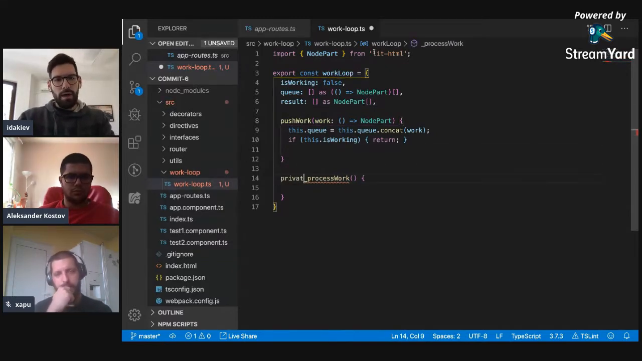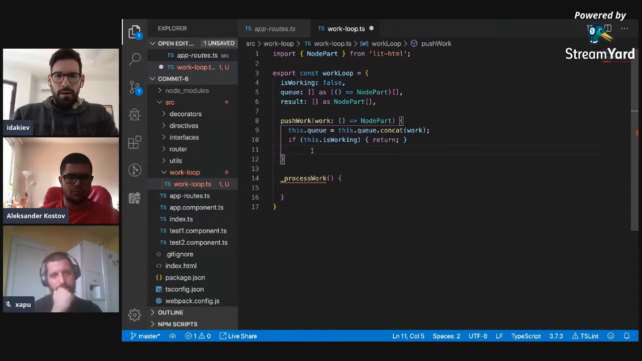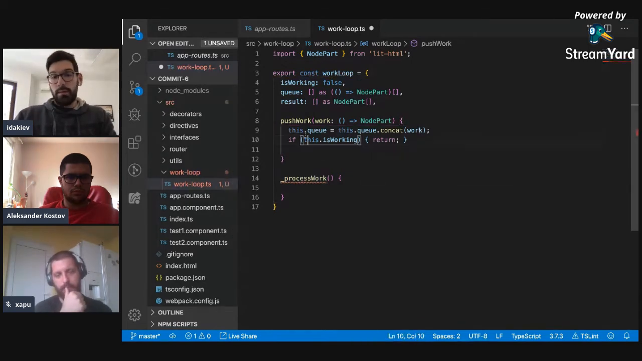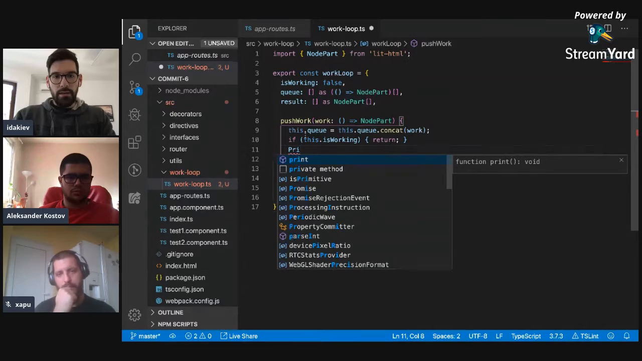I could say private maybe, but because I'm creating this object like this, I cannot just do it, so never mind. And one other thing here is that because I will be pushing work, if my application is running, I want a certain stack to be able to push all the work before calling the processWork method. So what I'm going to do is actually create